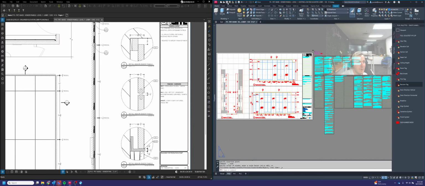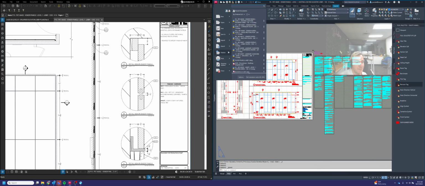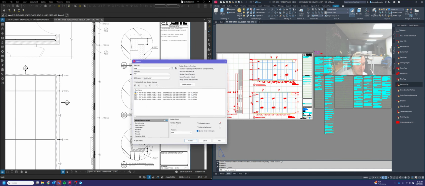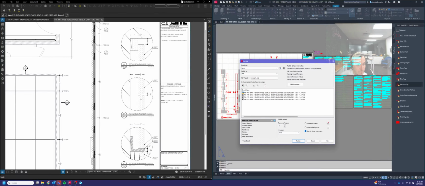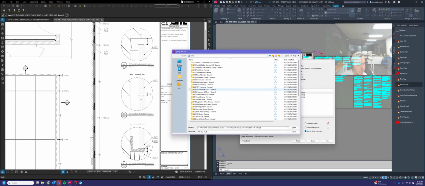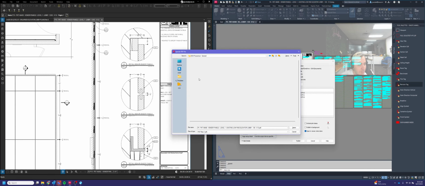All right, so now that I'm done there, I'm going to save my drawing, and then I'm going to publish it to the new drafting files folder. Make sure to remove the model space from there, and then hit publish. Go find your job folder, so Proscenium, drawings, new drafting files. And again, as long as your file is named correctly, you can go ahead and save it just like this